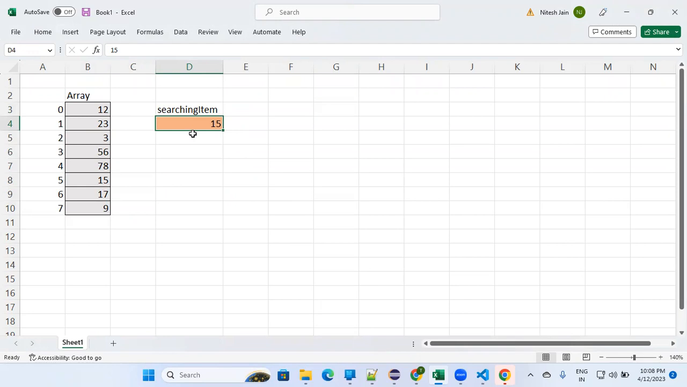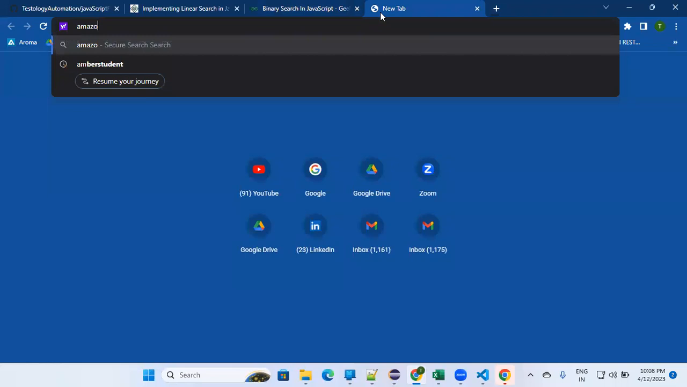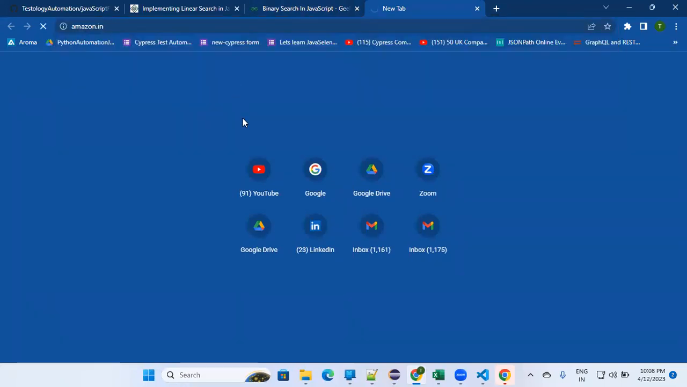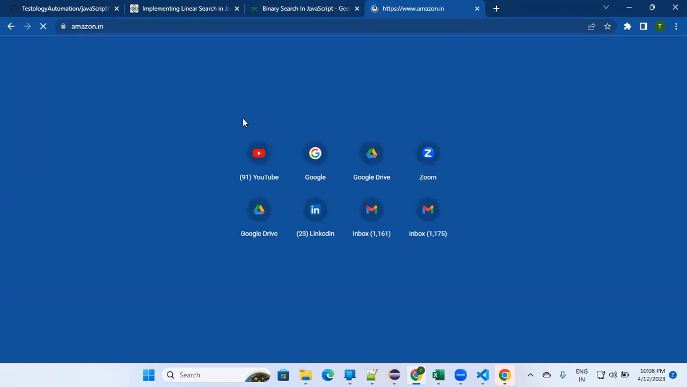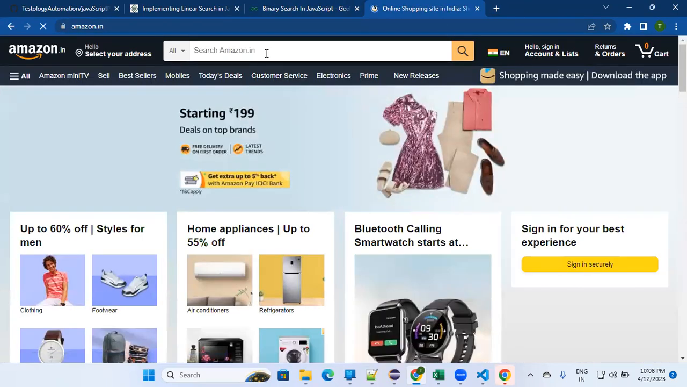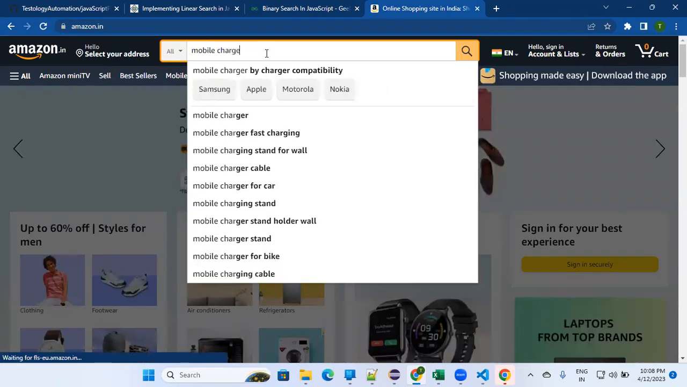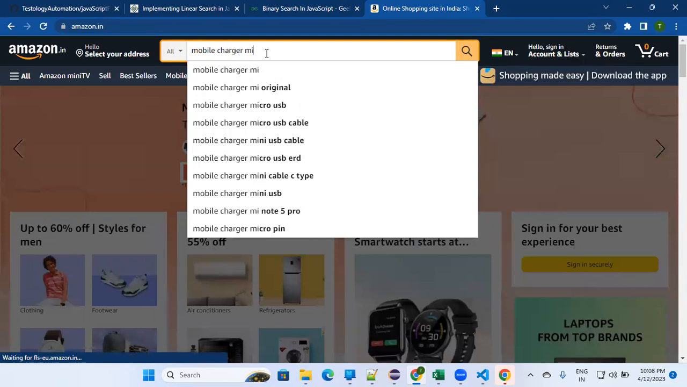So let's understand what happens when you search something in a website. What is happening in the background? So let's search something in the website. For example, if I open amazon.in, let's take this example, and I'm searching something. So I will search, let's search charger, mobile charger MI. Okay,